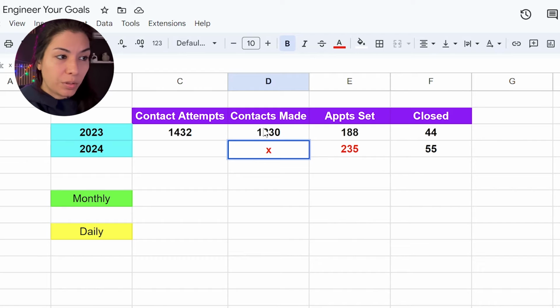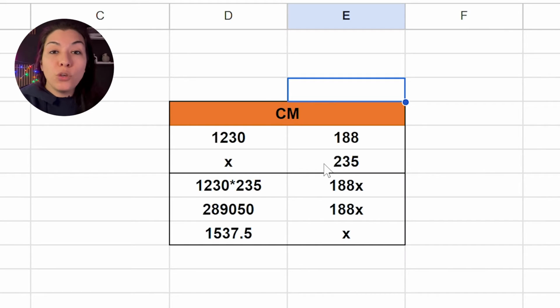So cross multiply 1230 times 235 equals, and then cross multiply here, 188X. And I did this already. Again, if you have your own numbers, walk through it with me. Let's do this together. So 1230 times 235 equals 289,050. And then you cross multiply over here, that equals 188X. That leaves us with,